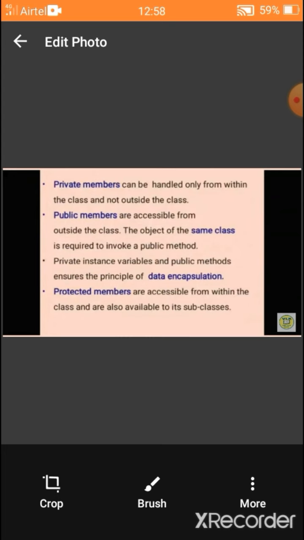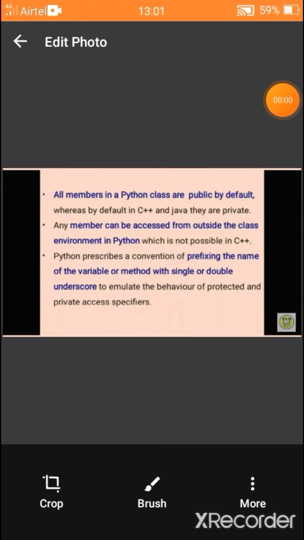They secure your variables, and through this access control you decide who can view or use your data. So now look at the access modifiers in Python.